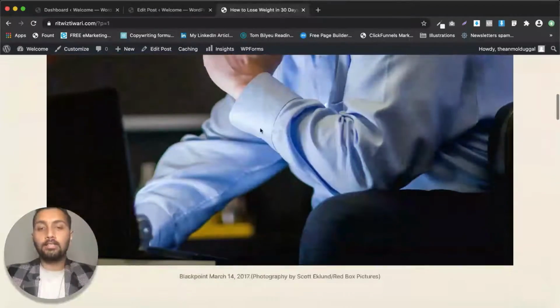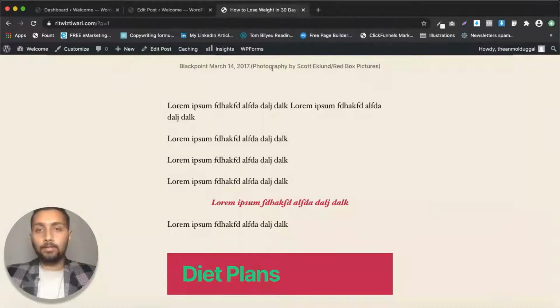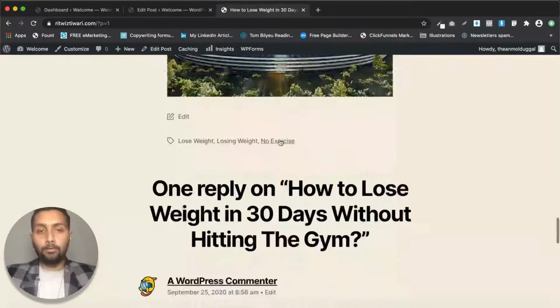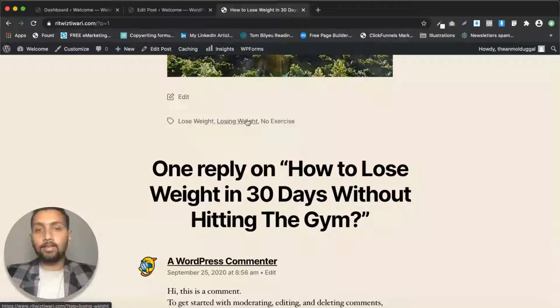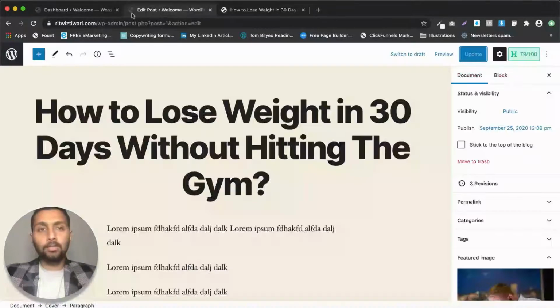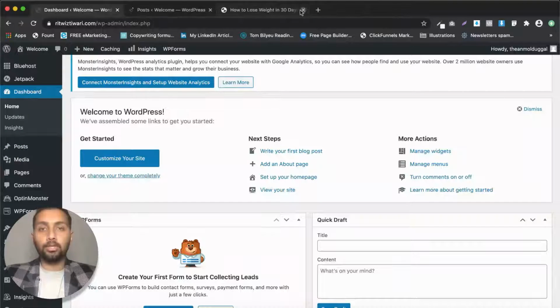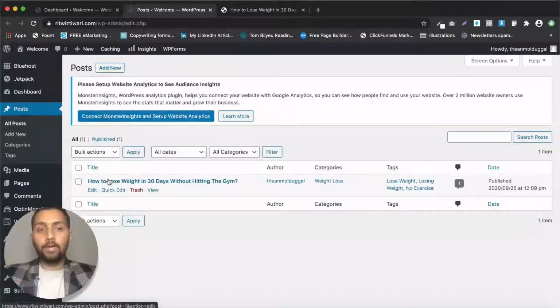So see here, this is the featured image that we selected. All right, and this is the caption, this is the name of the image and the title that we had. Then at the bottom of the post, you can see the tags that we had mentioned. All right, so this is what I meant to show you. Okay, so with this, now you understand the options that we have when we want to create or edit a post inside of WordPress. Okay, so we edited this post. Now let's move ahead and learn about adding a new post.